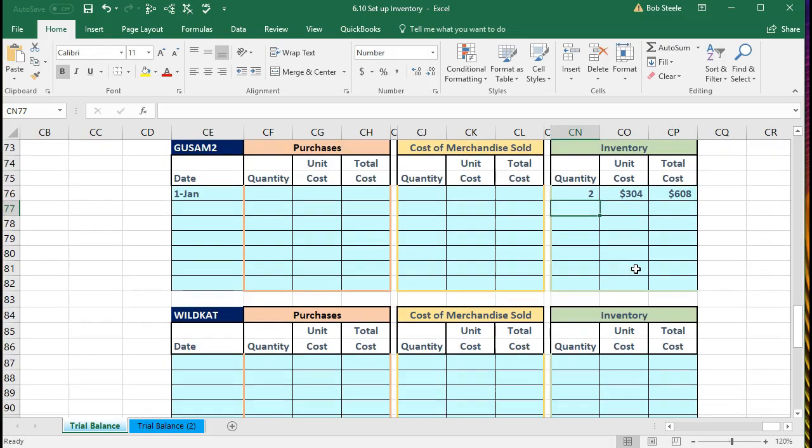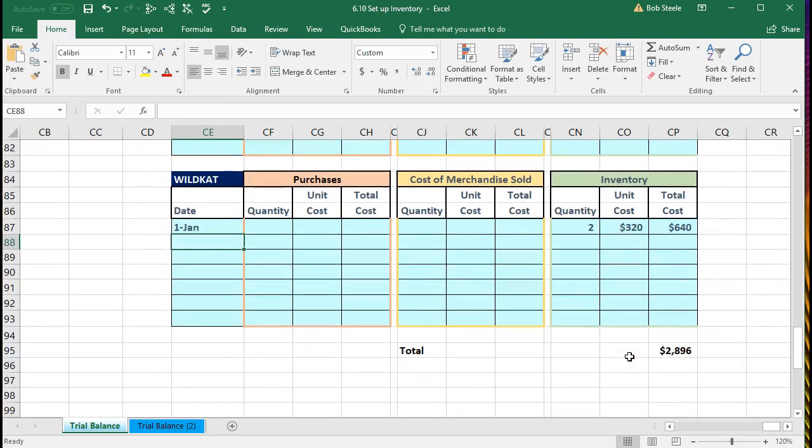And the next item we have is going to be on January 1st as well, 1-1. And we're going to say that we have two guitars at 320. So that equals, we're going to point to the two guitars times 320. And that will give us